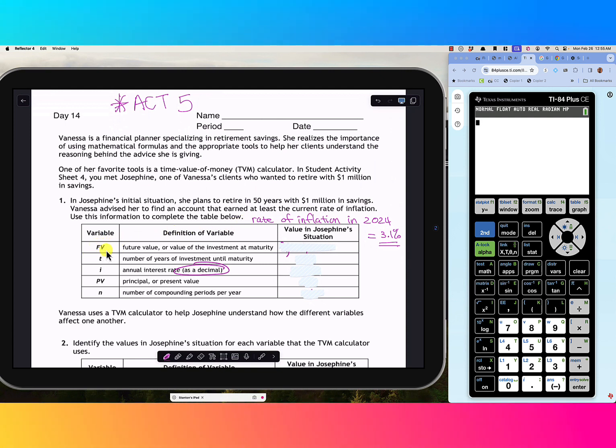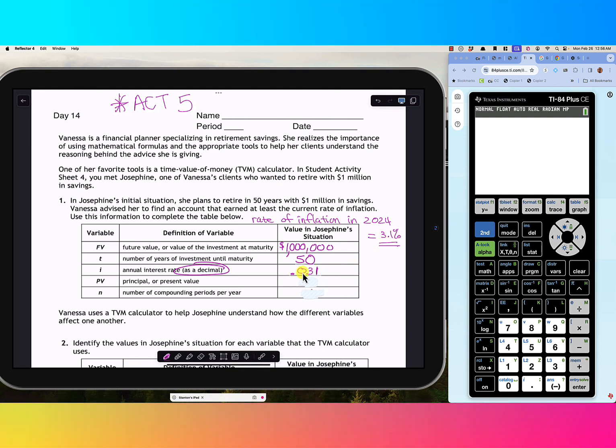On the first line we have FV, which is future value. And we know that's $1 million, because that's what she wants in 50 years. So FV is $1 million. T is the time, which in this case is going to be 50 years. I is the interest rate, and that is the current rate of inflation, which is 3.1. But be careful, they want it as a decimal this time. So 3.1, move the decimal point to the left 2 places, or you can just divide 3.1 by 100 and